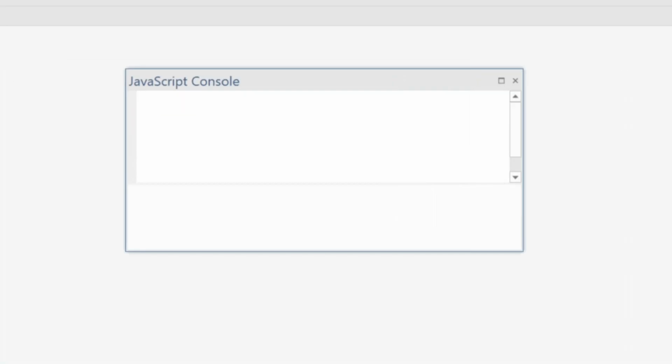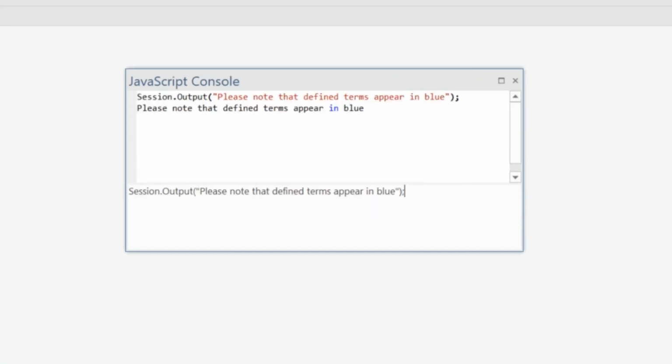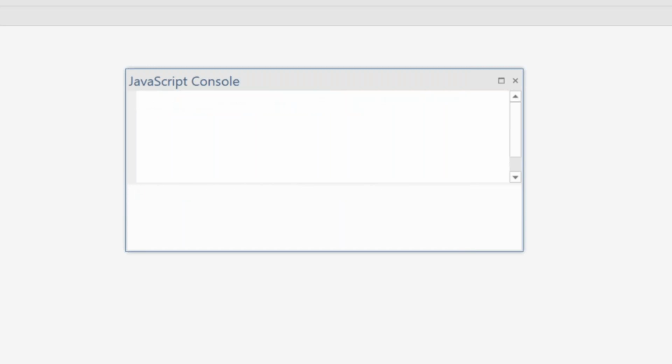So here I've got a zoomed in version of the JavaScript console, and you'll note that some of the defined terms are displayed in blue. I'm just using the up and down arrow keys to execute previous commands.